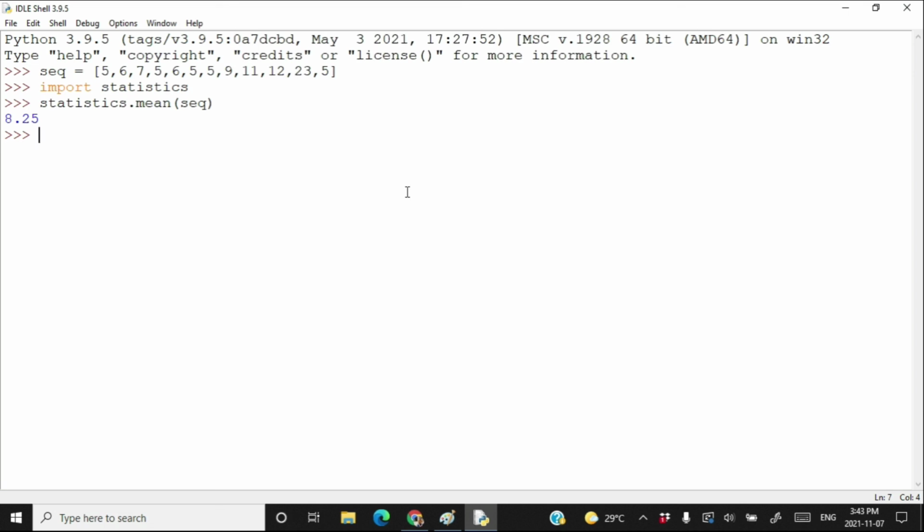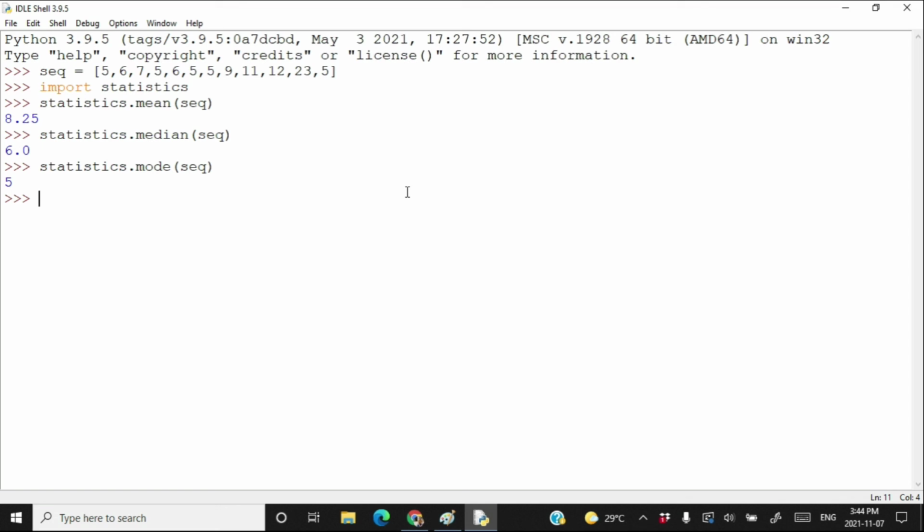If I write statistics.median and pass the sequence here, this is the median of the given sequence of numbers. If you want to calculate the mode of the given sequence of numbers, then you can write statistics.mode and pass the sequence here. You got the mode of the given sequence of numbers.